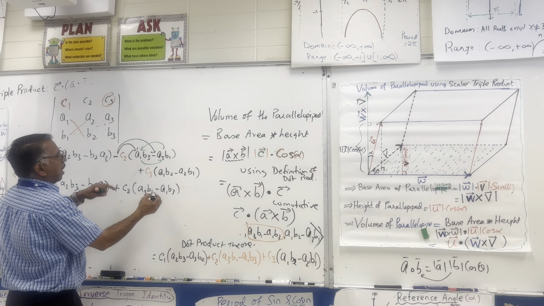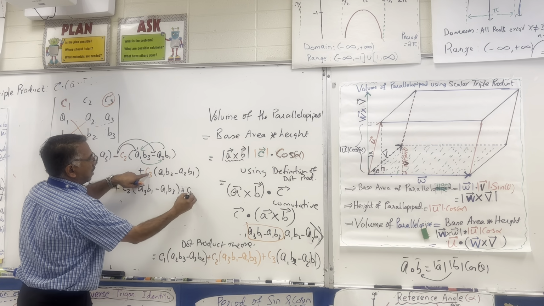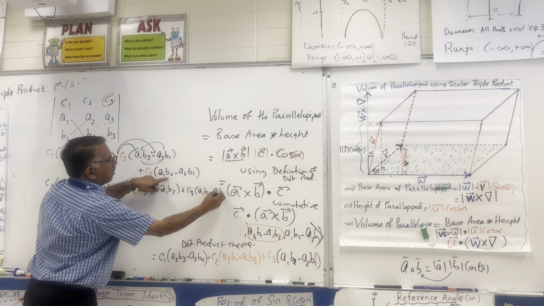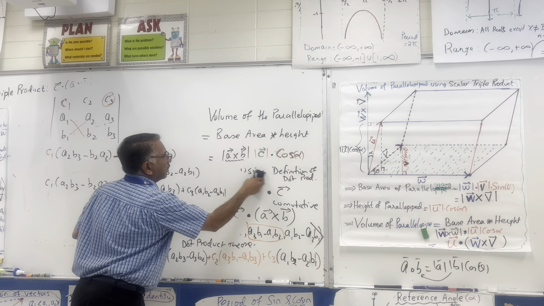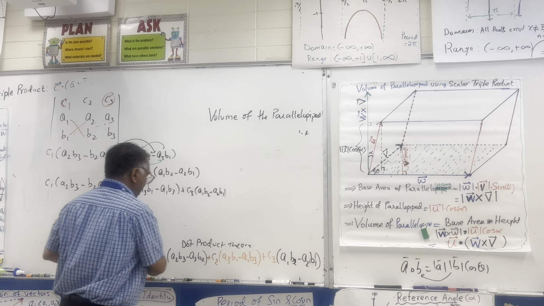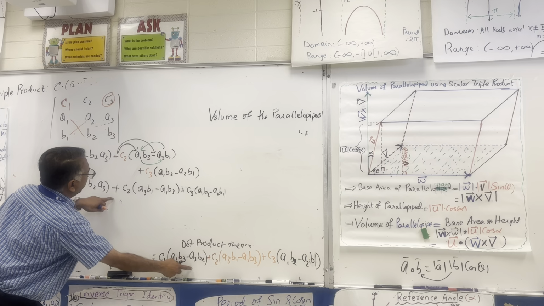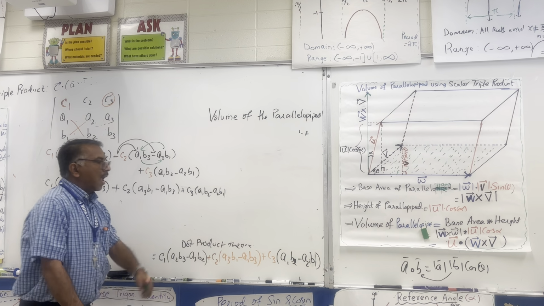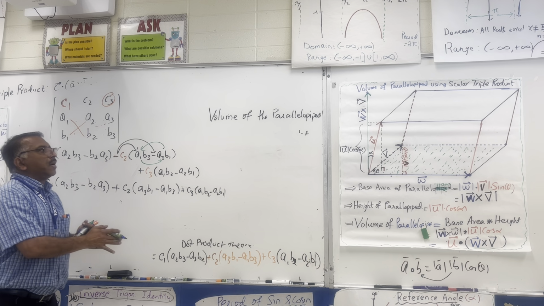And you get plus C3, so C3 times A1 B2 minus A2 B1. And you will see it is the same thing as before. You get the formula. So what did we prove here is